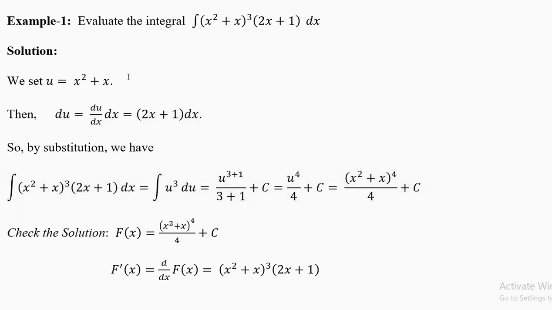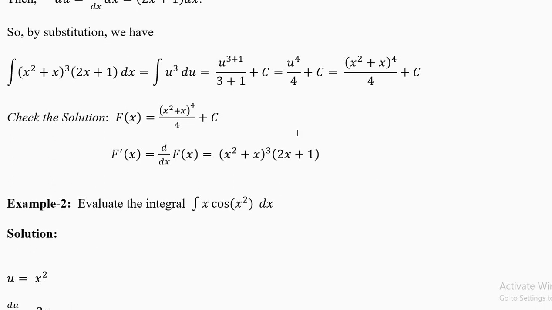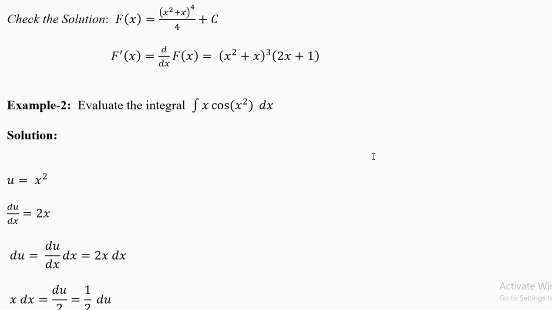Sometimes we have to make double substitution. First u, after some steps v, then after some steps w. And it goes on. We have to make 3-4 substitutions, but in this semester we'll be using only one substitution. Now this is your capital F. This is your answer. If you differentiate it, you will get back your question. Please check this before.